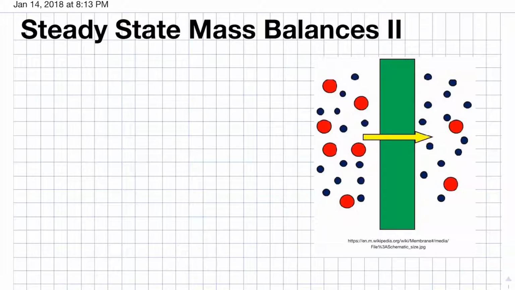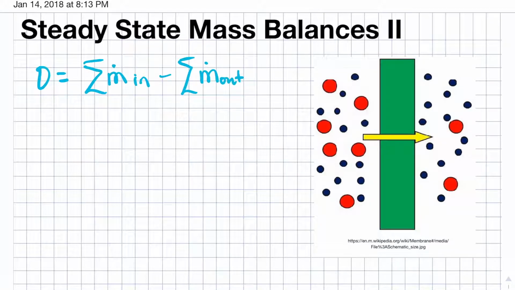for chemical engineers. So just to remind you about the steady-state mass balance, there's no accumulation that's going on, and you're going to take the sum of the inlet mass flow streams and subtract them from the sum of the mass outlet flow streams. Remember that these have units of mass per time typically, and what we're going to be dealing with specifically today